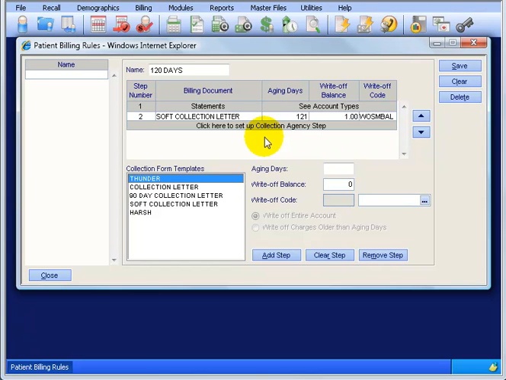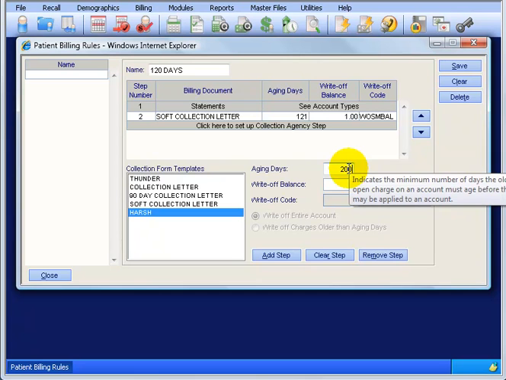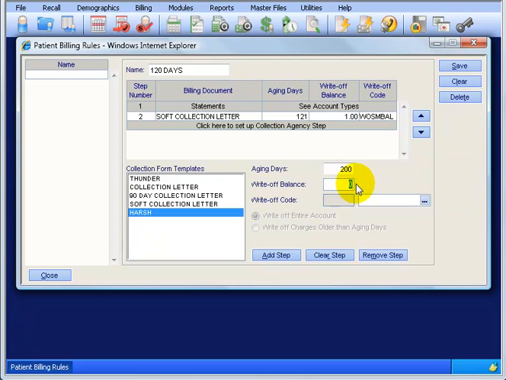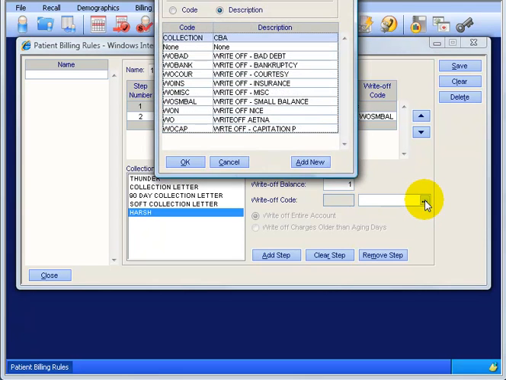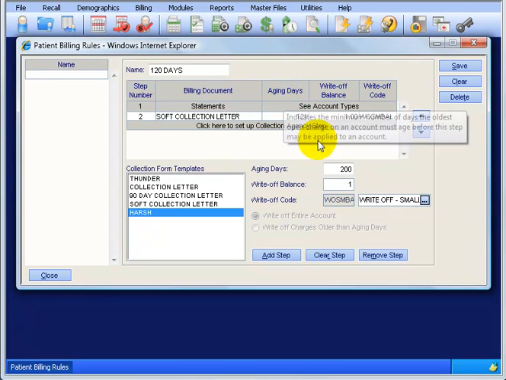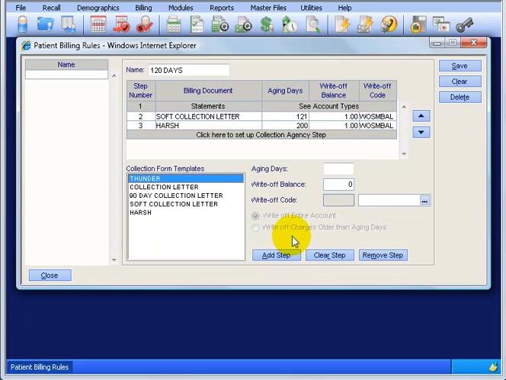Let's do one more collection letter. Let's say after 121 days, I don't tolerate anymore and I send out the harsh one. I can go ahead and select harsh. Over here we'll say after 200 days, do we want to write off anything, maybe $1, if the balance is $1 or less. Of course I want to select my small balance write-off and then click Add Step. That's all I want to do is send off 2 collection letters, first at the 120-day mark, 121-day mark, after the oldest charge hits that, then send it out, and then 200 days if I haven't been paid on that